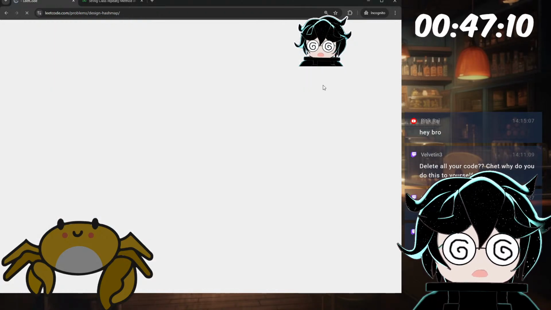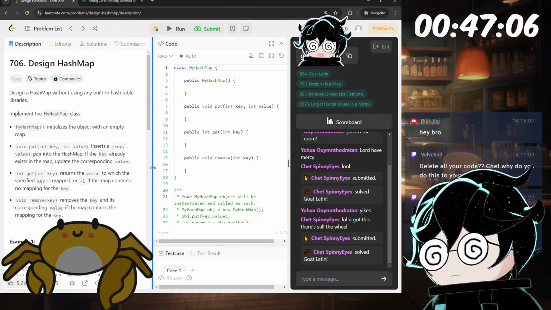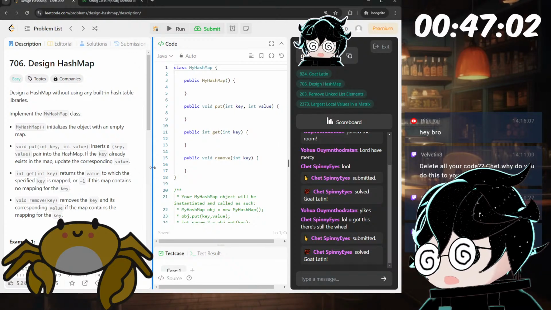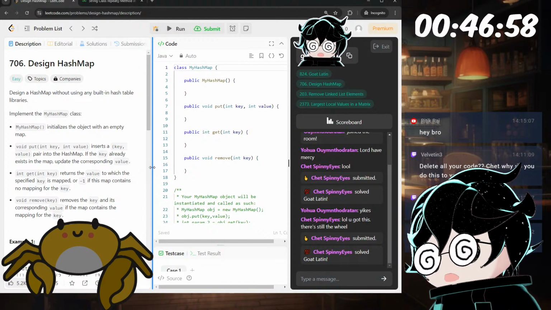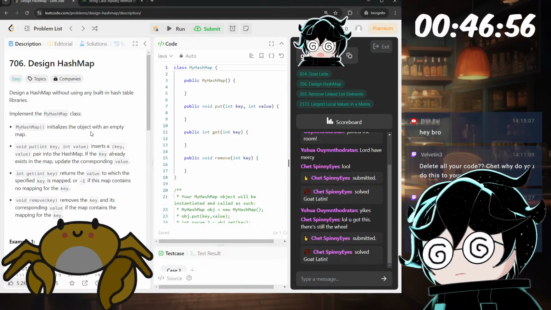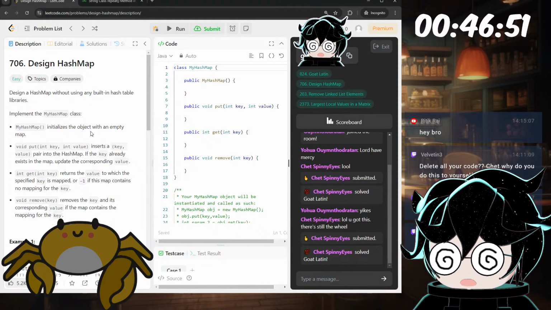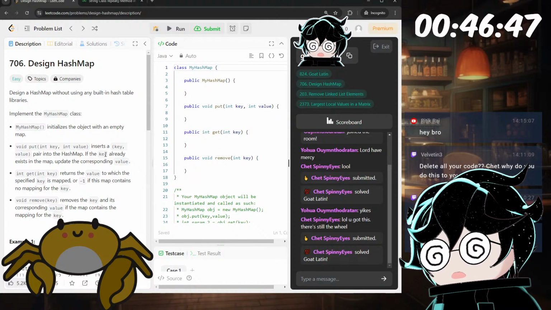Cool. Design hash map. Design a hash map without any built-in hash table libraries. Implement the MyHashMap class, which initializes the object with an empty map. Inserts a key.